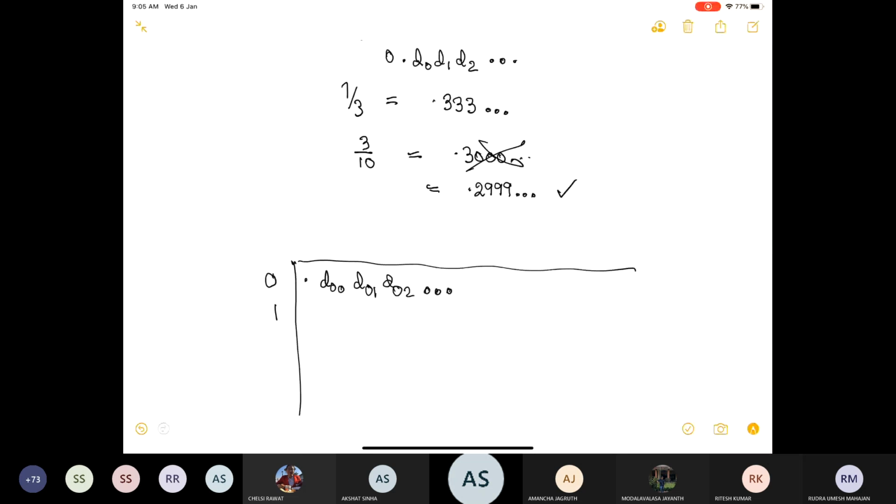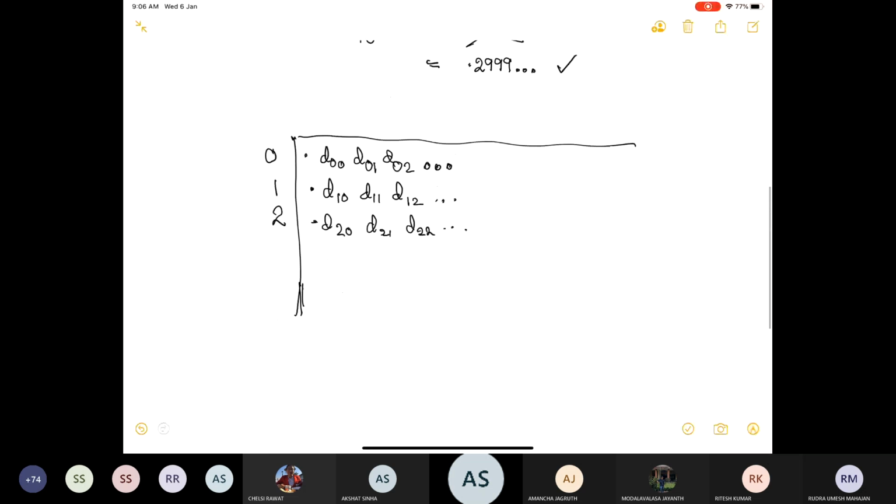And similarly, right? So this will be D10, D11, D12, so on, D20, D21, D22, and so on. And similarly, you can write down the